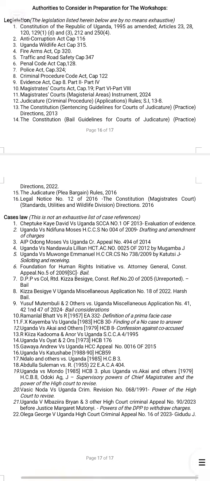I think this is the judgment where Benjamin Odoki is saying that the evidence adduced by the prosecution cannot even convict a chicken thief. This rape case of 2006, I think this comes from this one. Then also see the case of Abdallah Sulaiman. We also have the case of Uganda versus Mbazira Brian on powers of the DPP to withdraw charges. We also have Orenga George versus Uganda. I think it's on corruption, the judgment of Gidudu J. So these are very, very good cases.